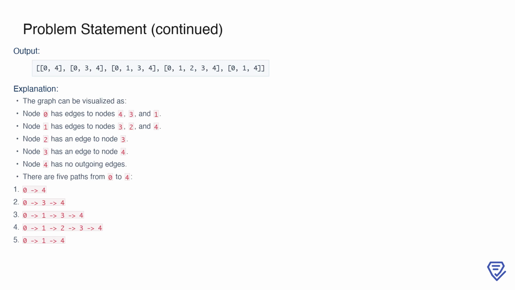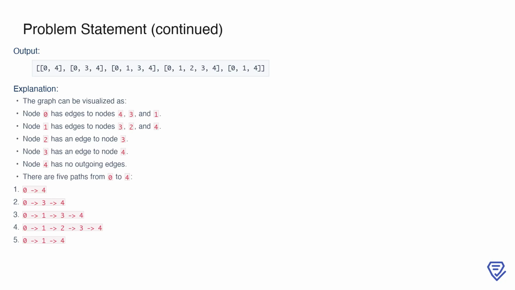The input graph here is [[4,3,1],[3,2,4],[3],[4],[]]. In this graph, node 0 has edges to nodes 4, 3, and 1. Node 1 connects to nodes 3, 2, and 4. Node 2 connects to node 3, node 3 connects to node 4, and node 4 has no outgoing edges. From this setup, there are 5 valid paths from node 0 to node 4, which are 0-4, 0-3-4, 0-1-3-4, 0-1-2-3-4, and 0-1-4. These paths explore all possible ways to traverse from the source to the target in this directed